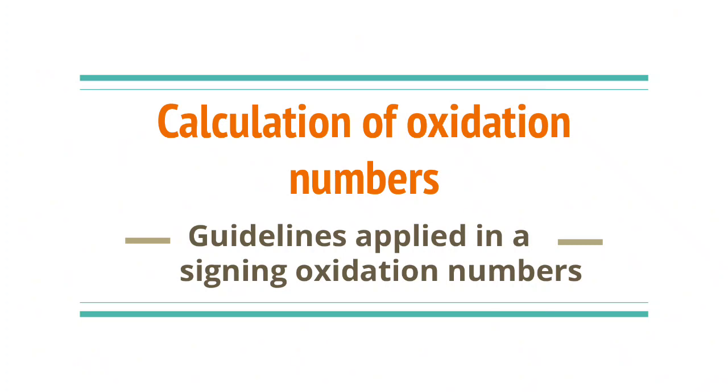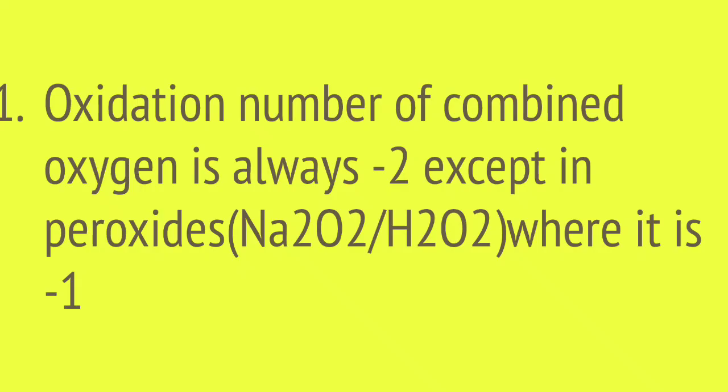So let's look at each one of the guidelines and look at examples. Now, rule number 1. Oxidation number of combined oxygen is always -2, except in peroxides such as sodium peroxide and hydrogen peroxide, as shown in this statement, where it is -1. So whenever you are assigning oxygen an oxidation number, it will always be equal to -2